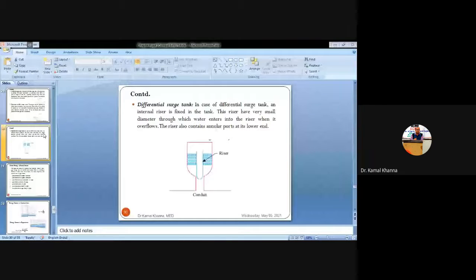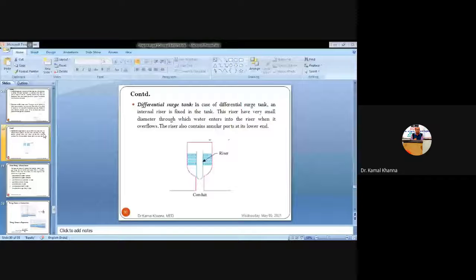Surging means destroying the larger momentum of the pressure energy, and also for the same stability effect, the required capacity of the differential surge tank would be less than that of the simple cylindrical tank. So it is smaller in size, and you can install the differential surge tank in lesser space, whereas the vertical surge tank or the simple surge tank cannot be installed at a higher height. So for today's lecture, I think this is sufficient.